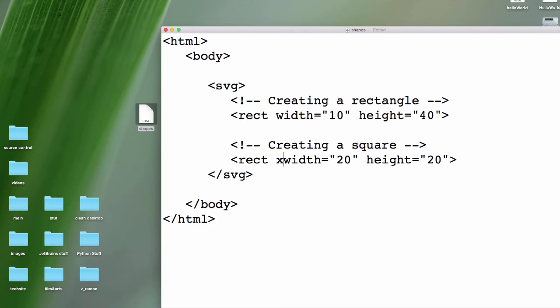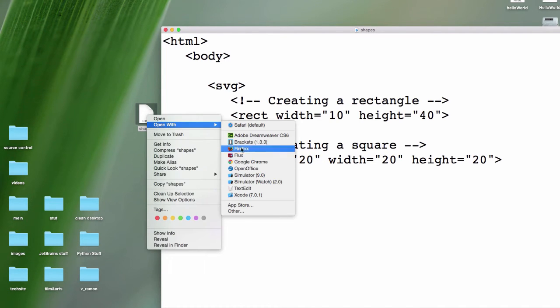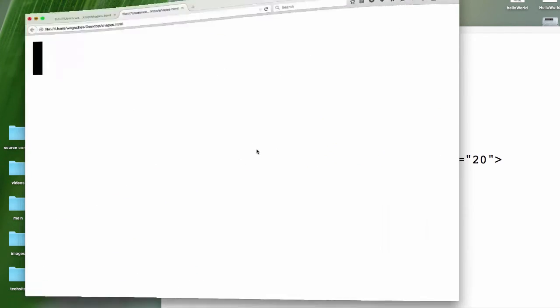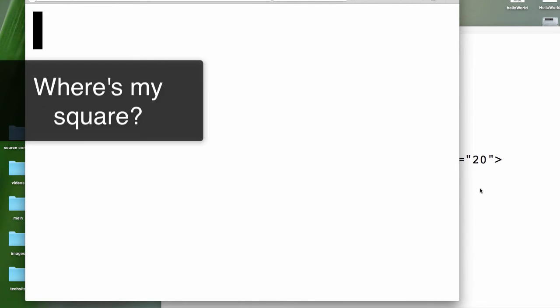So maybe let's put the x at, well, at least 10, because the width of this is 10, so like 20. And you know, the y doesn't really matter. I think I'll leave the y out. So now if I load this,